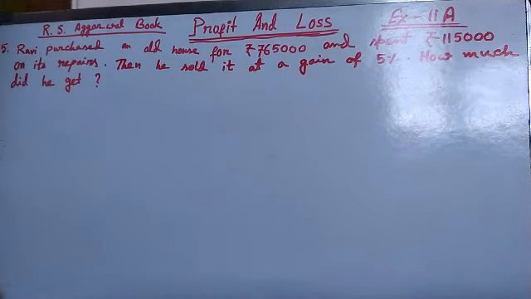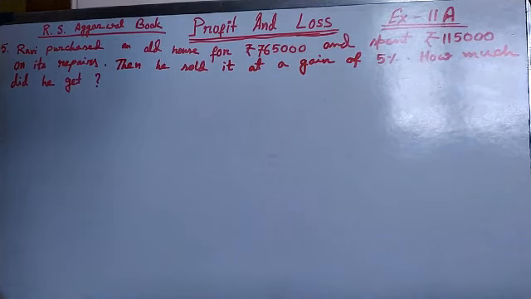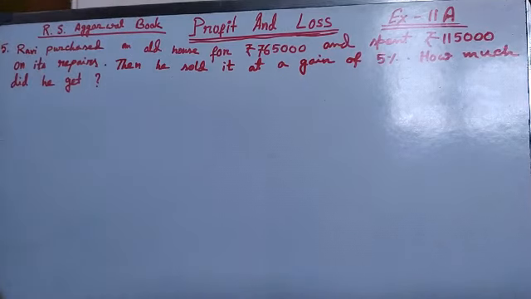The sum is: Ravi purchased an old house for rupees 7,65,000 and spent rupees 1,15,000 on its repairs. Then he sold it at a gain of 5%. How much did he get? That means